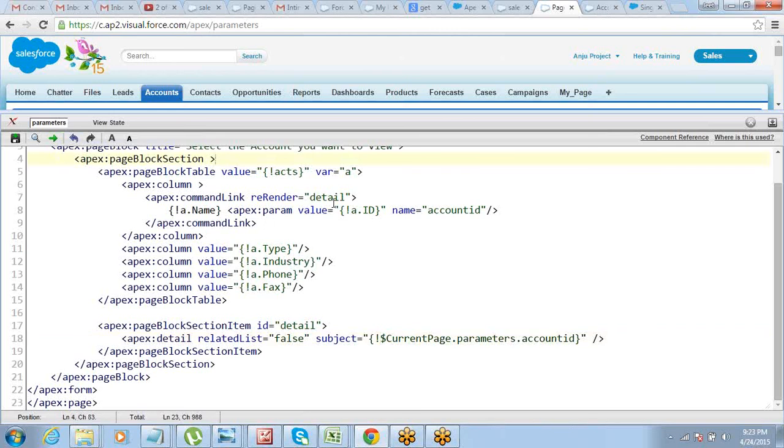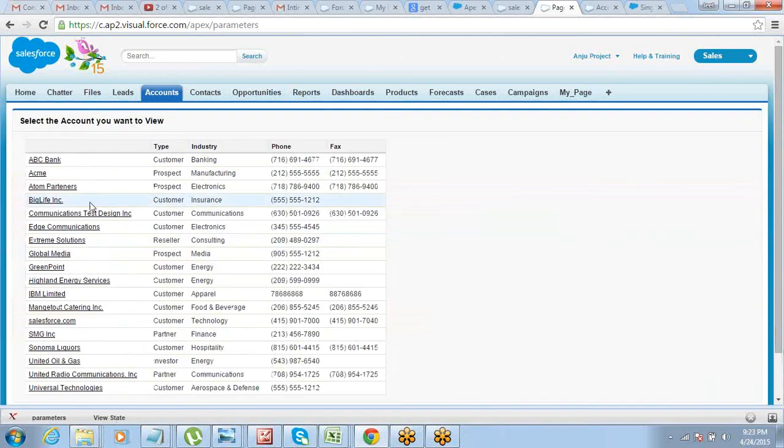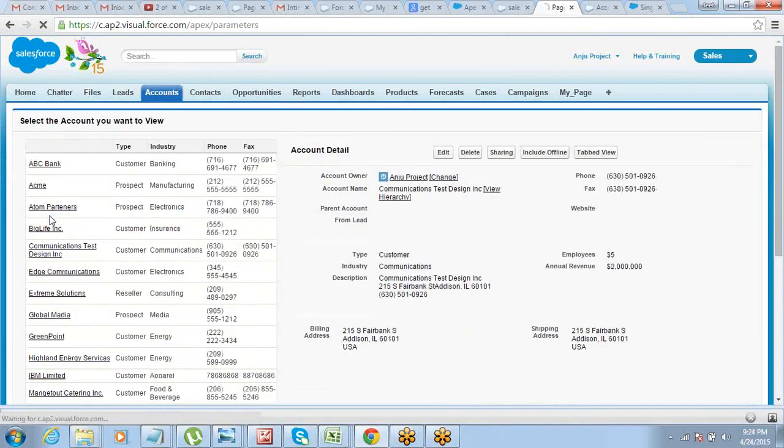So maybe what you can do is, instead of putting it here, if you put it here, that should make things better. Yeah. Right.